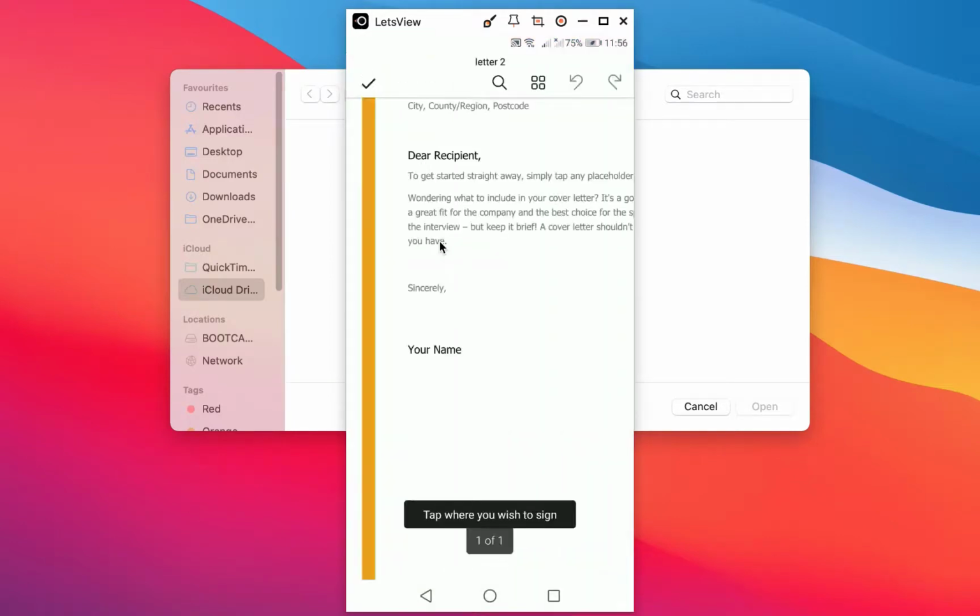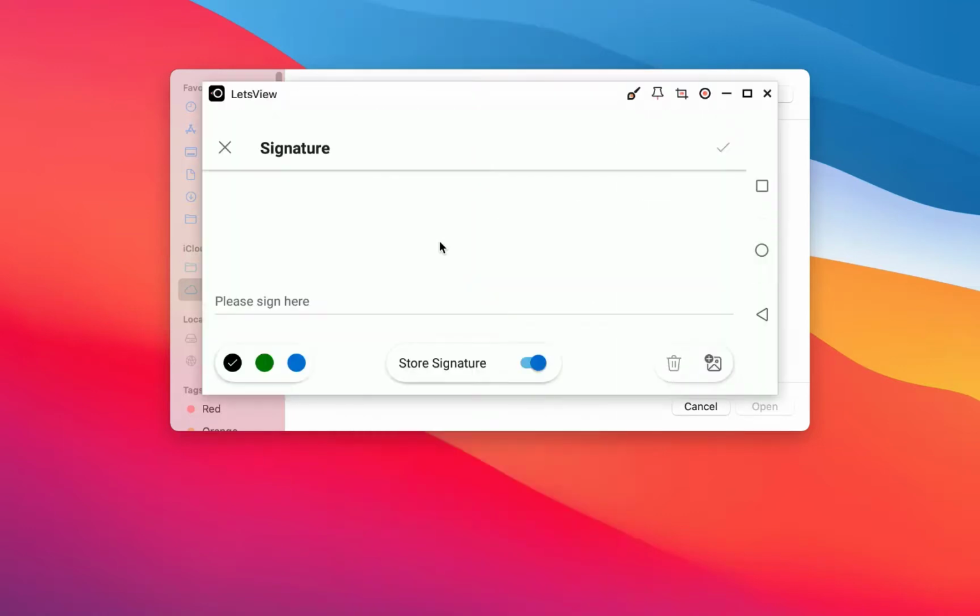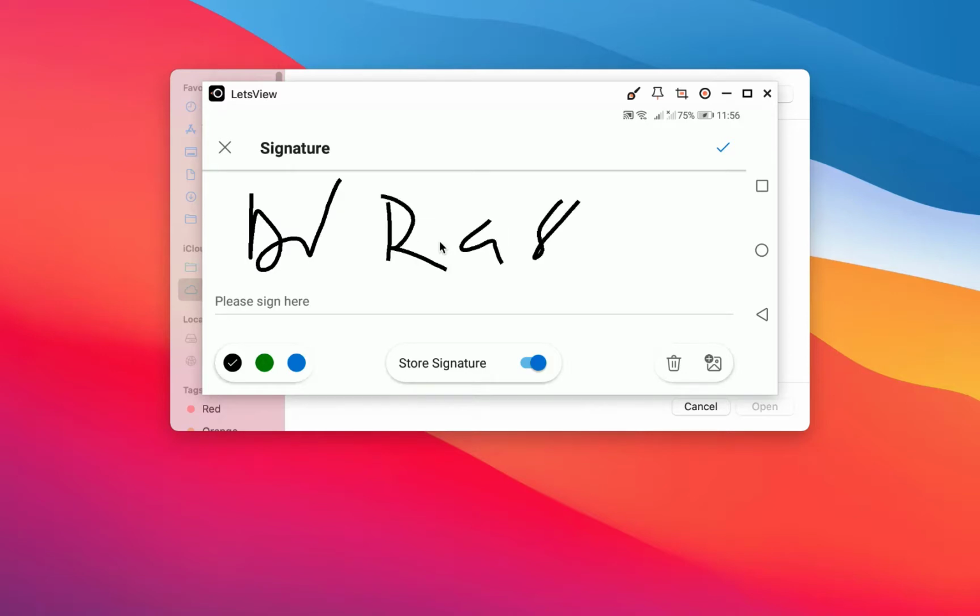This is just a normal letter that I have on my screen, and then you have the option down here that says tap where you wish to sign. So assuming I wish to sign here, I just tap, and it's going to give me the option, the screen where I need to sign. So I just signed, and once you are happy with it, you have the options to check out